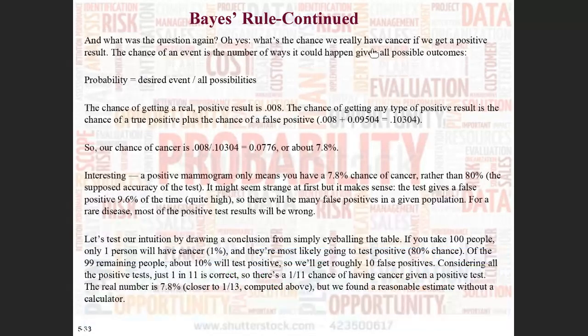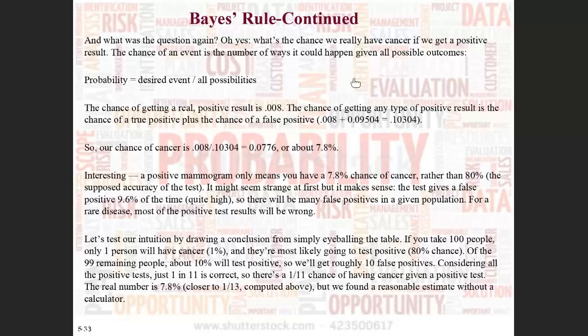So, what's the question again? What's the chance you really have cancer if you get a positive result? The chance of an event is the number of ways it could happen given all possible outcomes. So the probability is the desired event divided by all possibilities. The chance of getting a real positive result is 0.008. The chance of getting any type of positive result is the chance of a true positive plus the chance of a false positive: 0.008 plus, not multiplied, plus